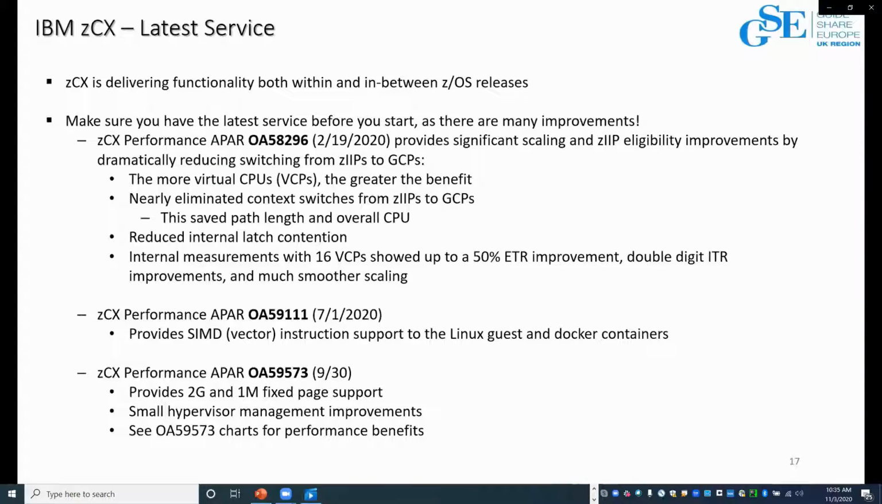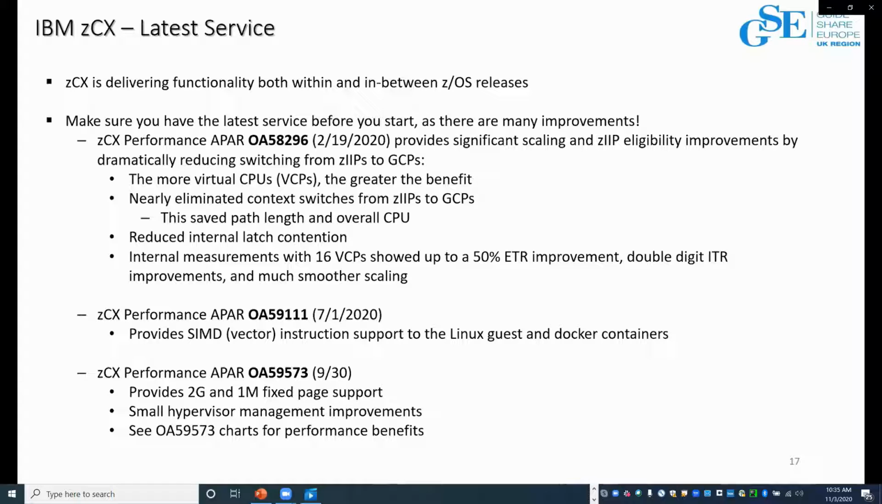Being current on service, especially with zCX, because it's relatively new and we're providing performance improvement in a dynamic fashion, we're concurrently doing it, okay? And we have other future performance items that we're going to be shipping probably within the next year or so. So really keep an eye on the latest service for performance. Make sure you